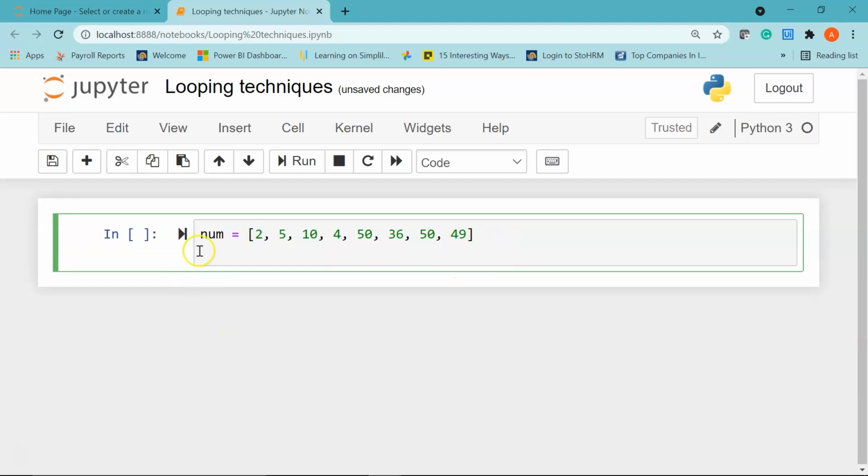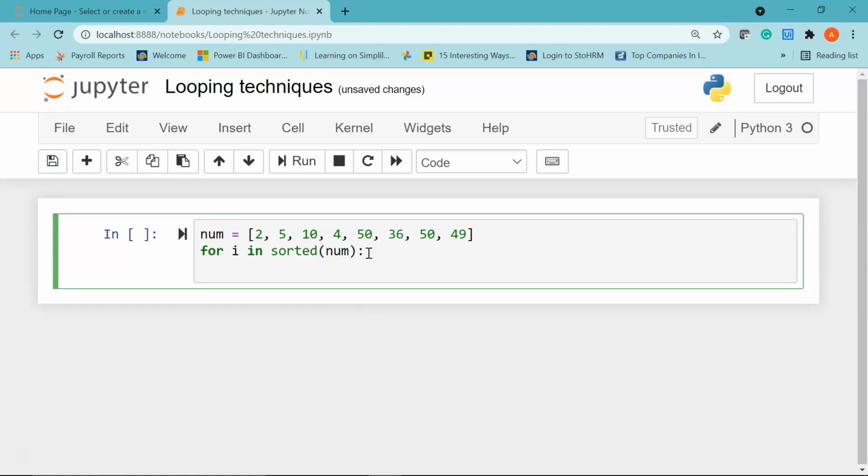Now I want to arrange the items in this list in either ascending or descending order. So for that I can use a for loop. I'll say for i, which is my iterator variable, in, and after this I'm going to use the Python sorted function, and inside the function I'll pass in my variable which is num.